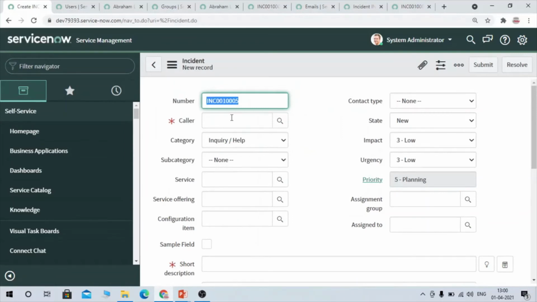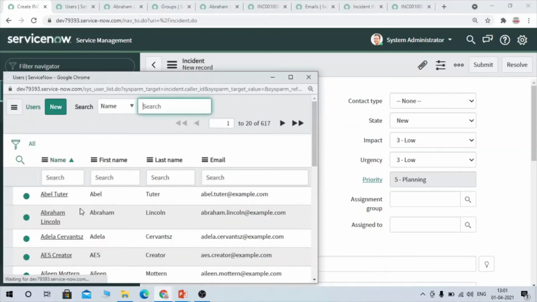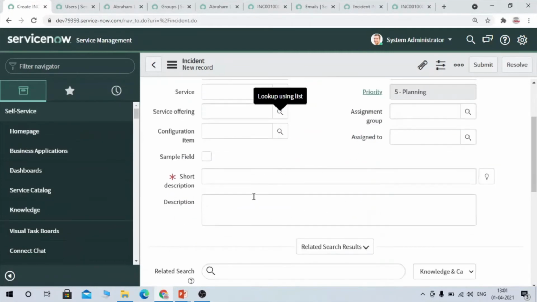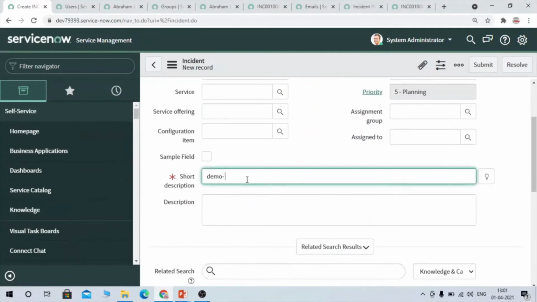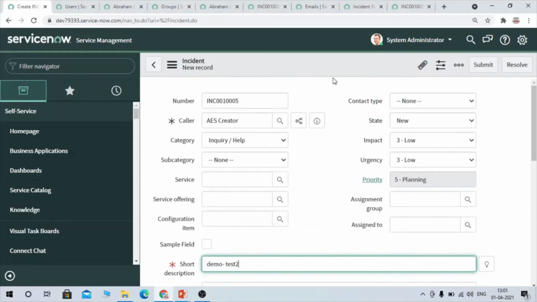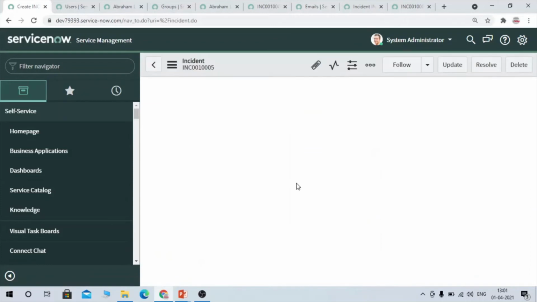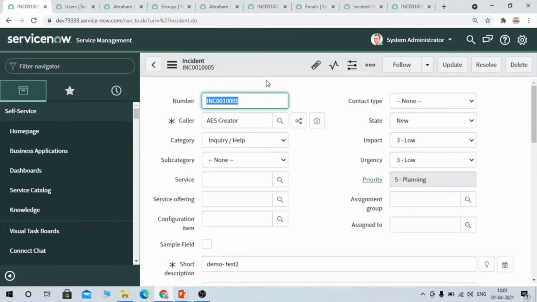Now we can select anything here, and now we can submit it. So this incident has been created.